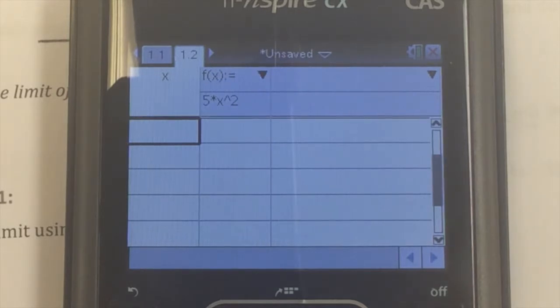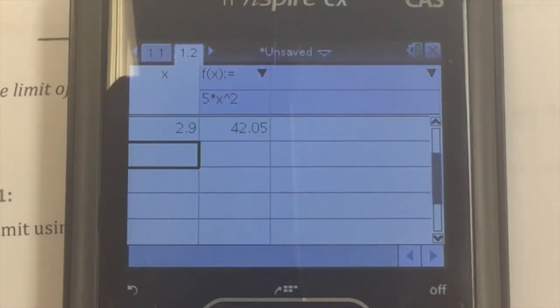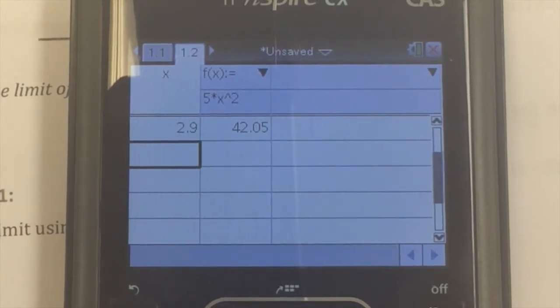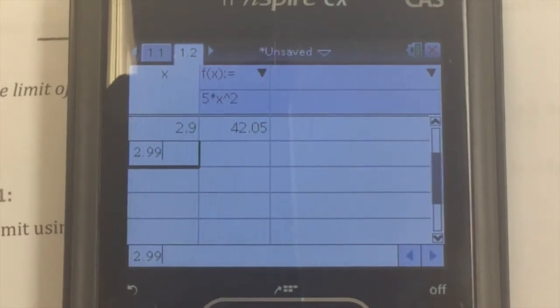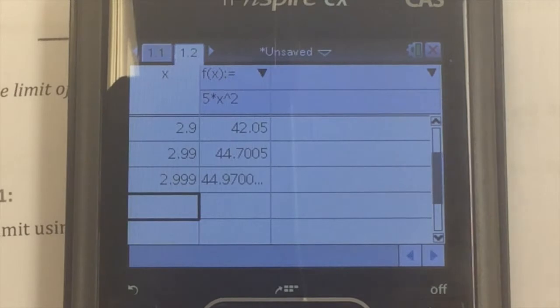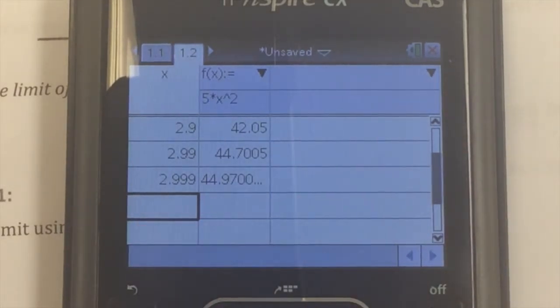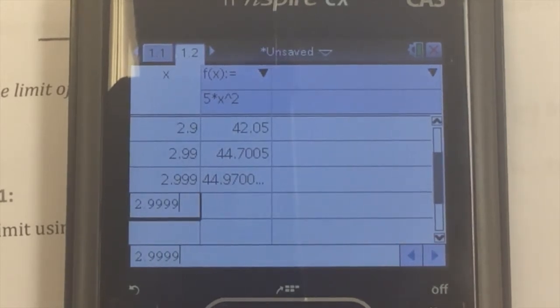So we're trying to get closer and closer and closer to 3. So let's pick numbers to the left and to the right of 3. We can start with 2.9. If we hit enter, we get 42.05. That's kind of close. If we went to 2.99, that's really close to 3. If we go to 2.999, we're getting closer and closer for x to be 3, but we're not actually being 3. So one more, 2.9999, we get